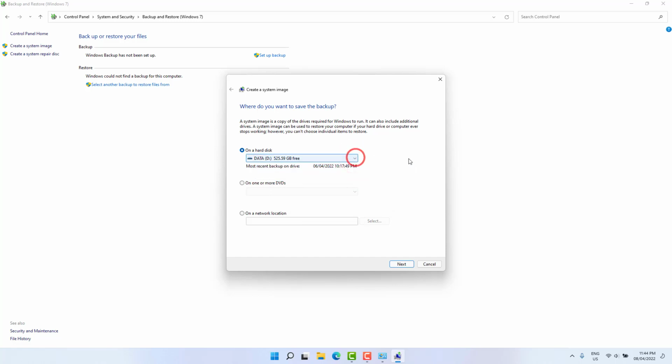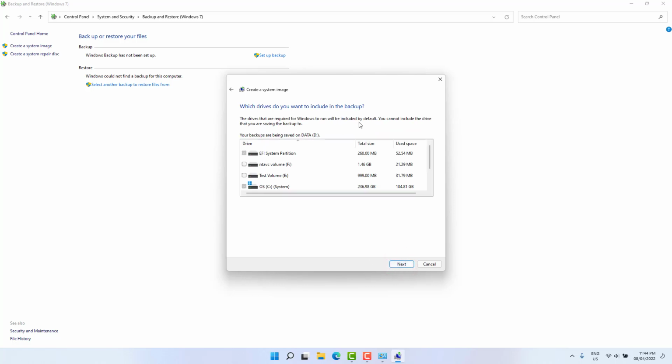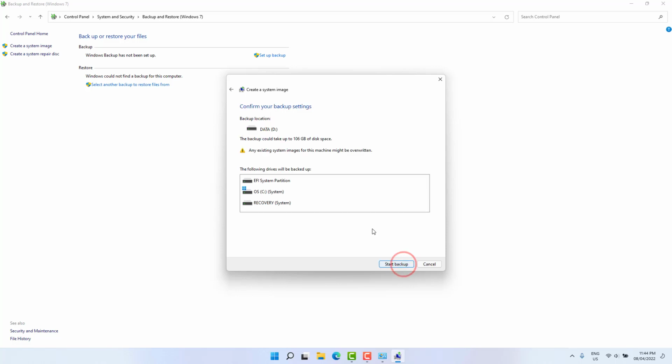Actually, I have my hard disk and this has a free space which is 525 GB. So I'm going to click here next, and then it's going to be automatically selected, which is related with our Windows 11 backup. So we don't do anything, just click here next, and then it's going to give you